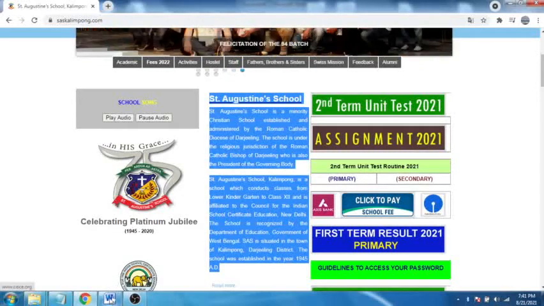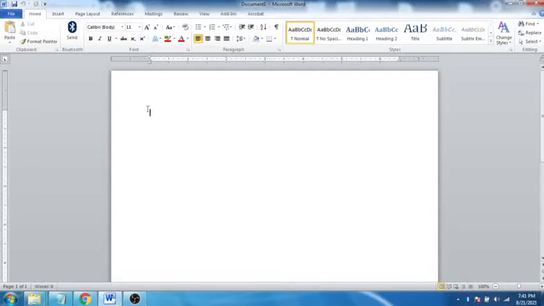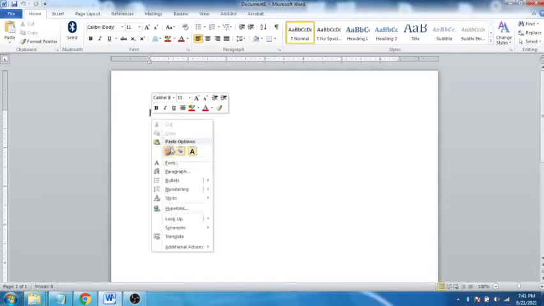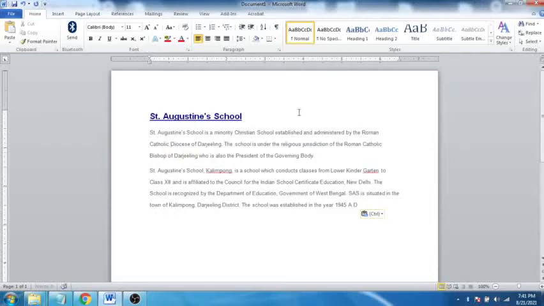Okay, so we'll go to Word. If you want to paste, you right click and click on paste. So this is my text. I copied the text from the school website. So now what we'll do is